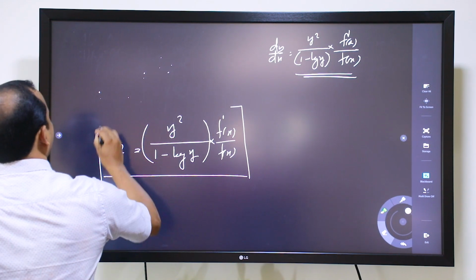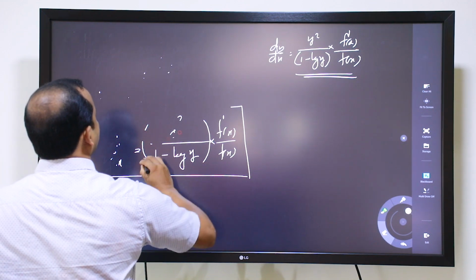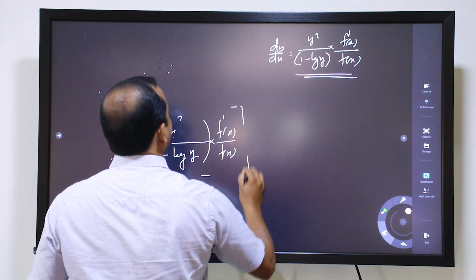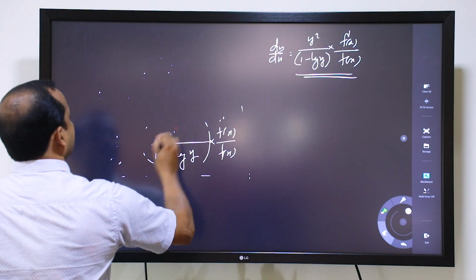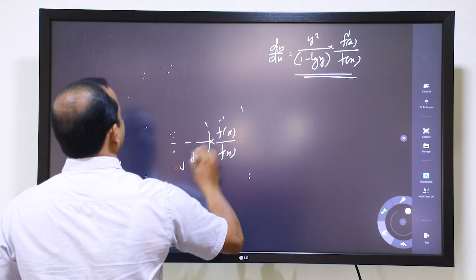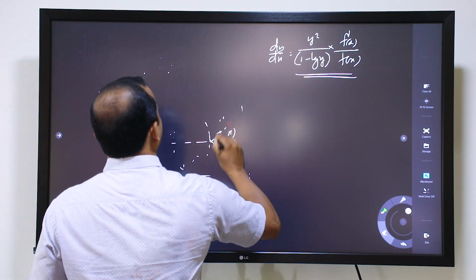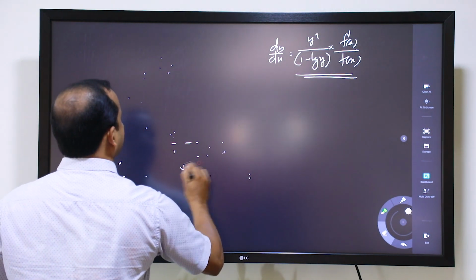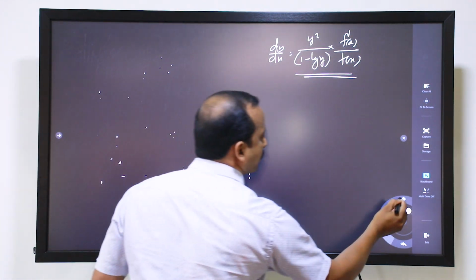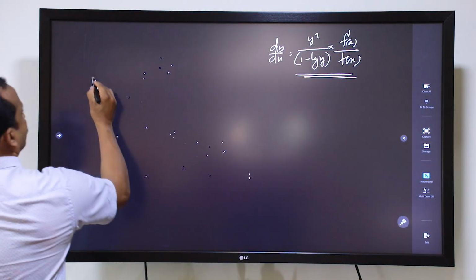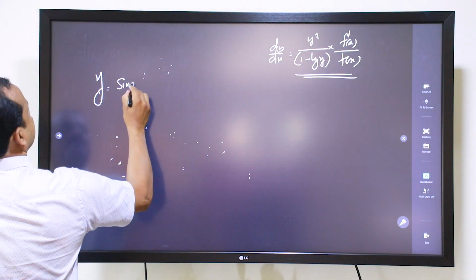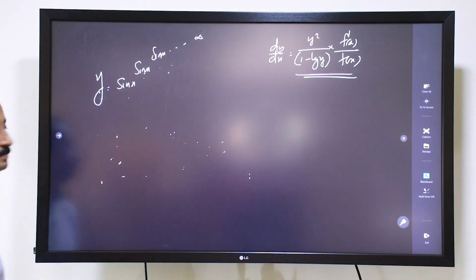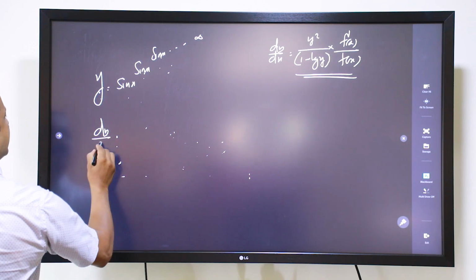Now let us discuss some problems based on this type of question. y is equal to sin x raised to sin x raised to sin x raised to sin x etc. to infinity. In that case, dy by dx is equal to,